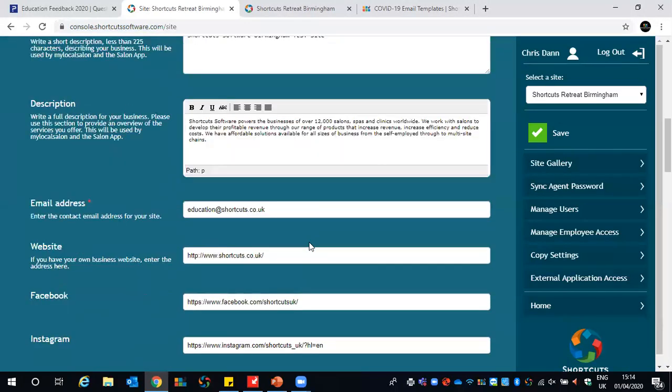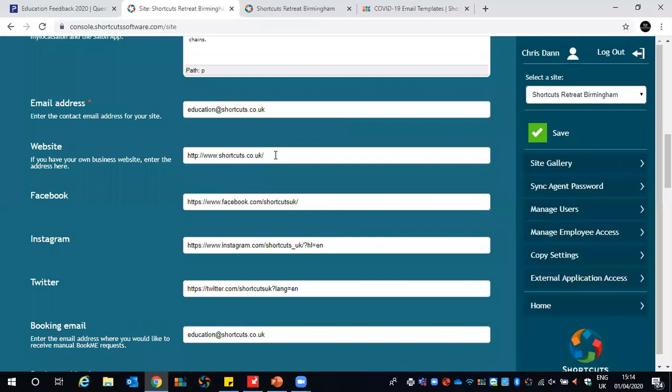As we scroll down, we just need to ensure we have your website URL, your Facebook, Instagram, Twitter, and whichever is according. So if you have all four of those, fantastic. You can pop all of those URLs in, okay? It does have to be the full URL. So for Facebook and Instagram, you can't just put like app shortcuts, that kind of thing. It does have to be the full website URL. The best way to get that is to simply find a website online and just copy and paste the link, okay?